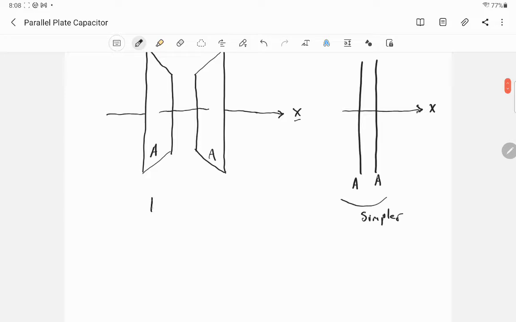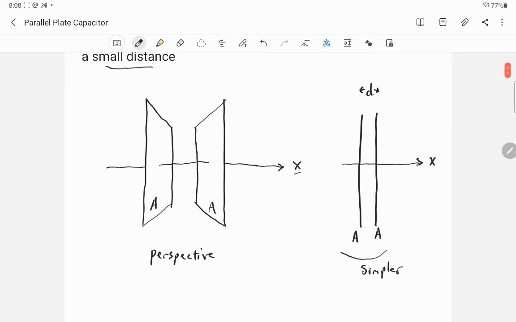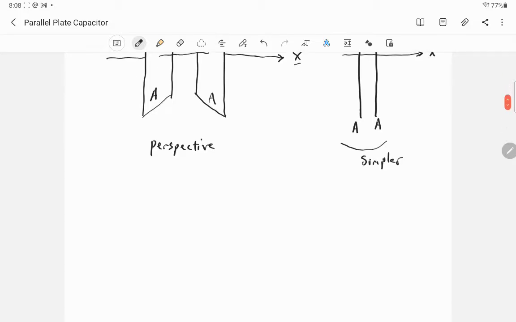This drawing over here on the left has some perspective. I just want to show you that they're two-dimensional surfaces, two-dimensional plates. So each is of area A, and the separation is D. And what we'll say is that small separation D